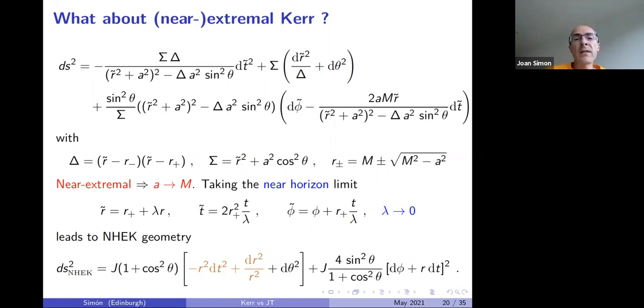But in Kerr, spherical symmetry is broken. So when we take this limit, I want to stress that in brown, we still have the AdS2 as before. We still have this, like in BTZ, something that looks like d phi, which is the fiber where I was rotating. And I have some electric field here. So this is like in BTZ. But the breaking of spherical symmetry means that I have some non-trivial warping factors. So even though the structure of AdS2 is here, even though I have a gauge field here,